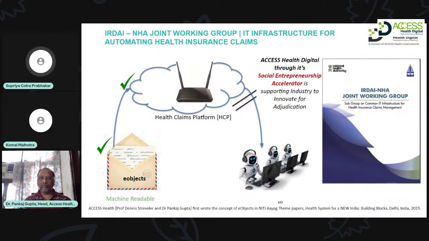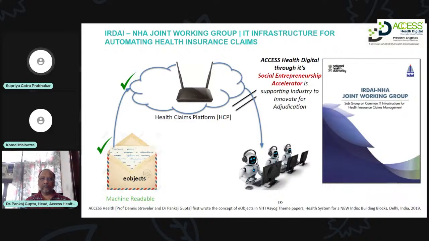Okay, so we're coming back to the slide just to let you know that now I think you would have had a fair idea to understand how the e-claim object works to operate between the payer and provider, and using the health claims platform, which works as a router or a postman to direct this information between these two entities, and to ensure that the right recipient gets the information, and the right actions are taken, and then the provider and the payer are both benefited out of the entire